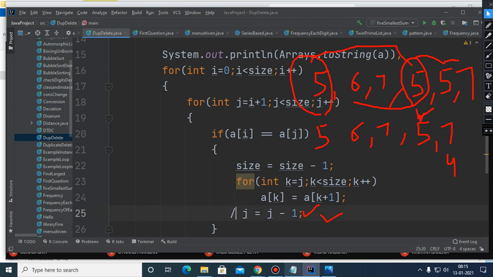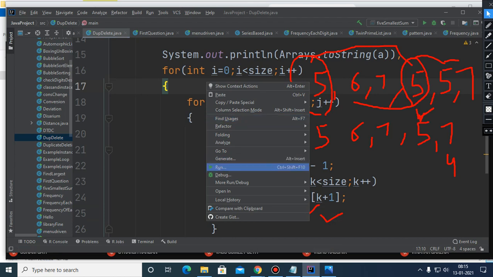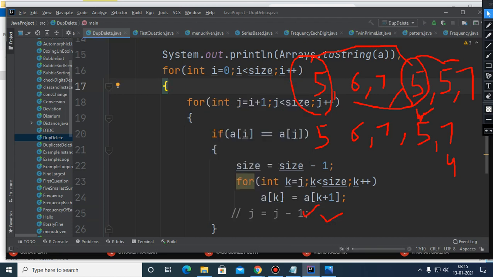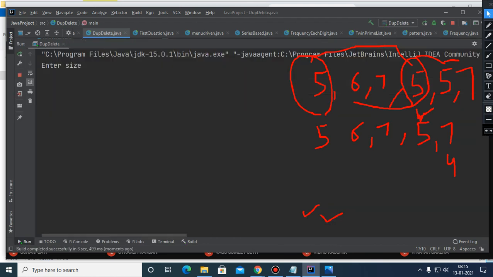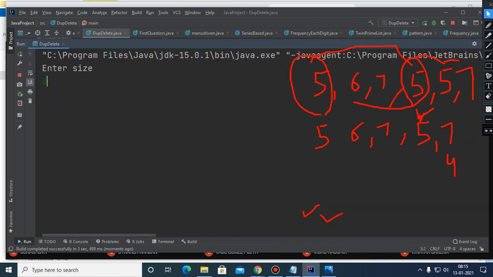Here I don't want to write this statement; I want to just input these elements. The size of the array is 6. Just wait. Okay, the size of the array is 6, and the elements which I am passing are 5, 6, 7, 5, 5, 7.